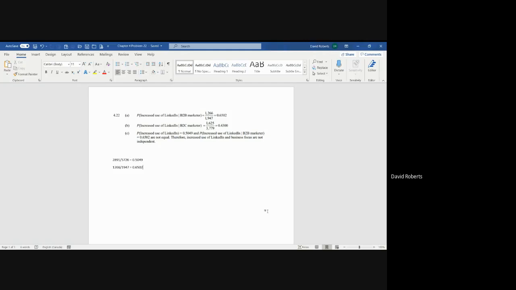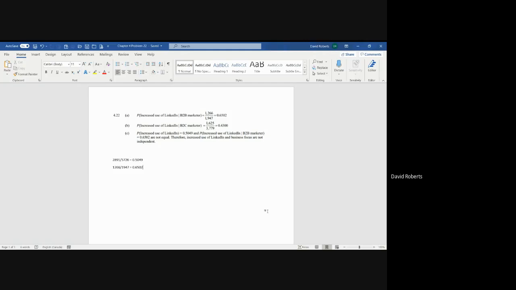In part B, suppose that we know the marketer is business to consumer. What is the probability he or she plans to increase LinkedIn social media? So in this particular case, you take the 1625, which is the yes, from the B to C column only, and you divide it by the total for the B to C column, 3779, and you wind up with 43% exactly.